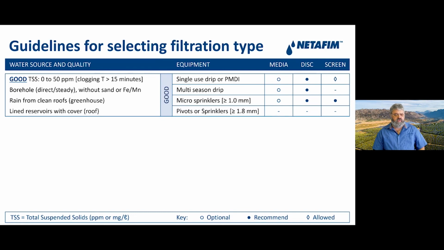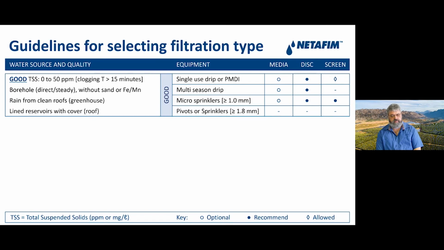And for good water, we will be below 50 parts per million. Secondly, we can do what we call a clogging test that we do on site, that we can determine exactly what will be the water quality, that we do a simulation test. And as we said earlier, the water quality will change or may change over the season. So if that's the case, then we will have to do more than one test during the season